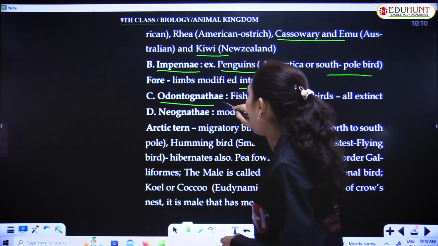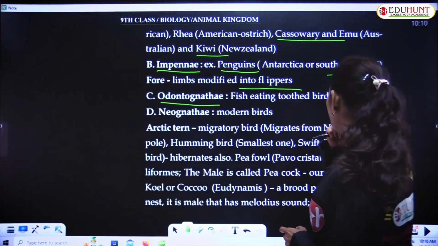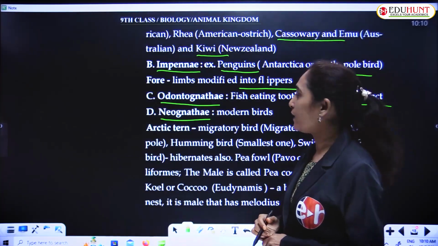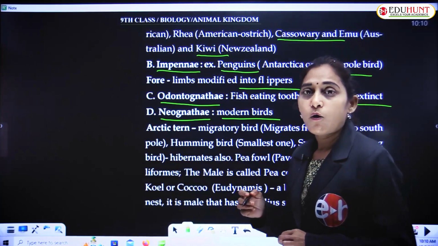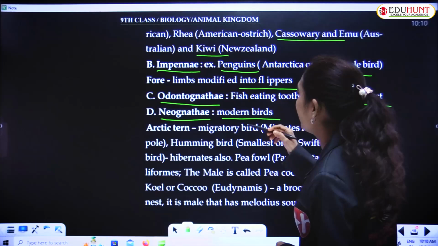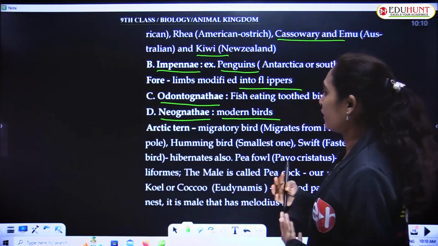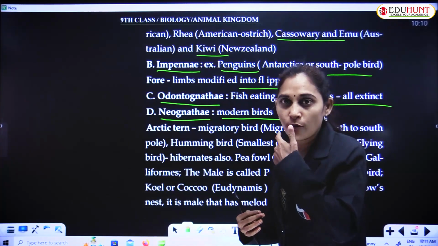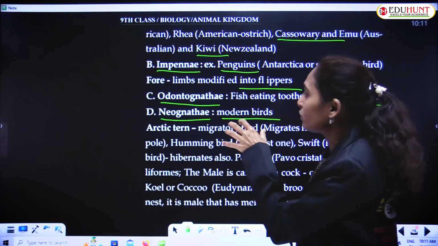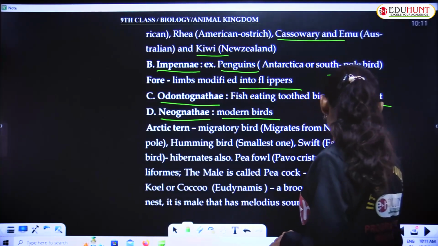The third superorder is Odontognathae, fish-eating toothed birds. They are fish-eating birds, and all of them are extinct. The fourth and last one is the Neognathae, the modern birds of the present period. Neo means new, Palaeo means old or primitive. Odonto means dental, teeth. Like that, they were named as the superorders. These are the four superorders of the subclass